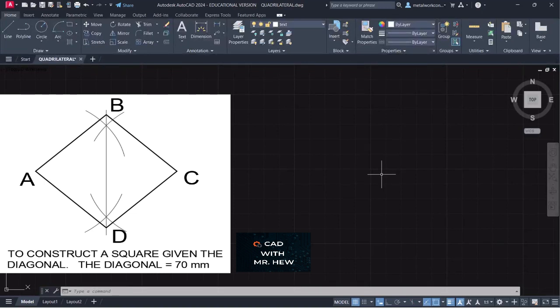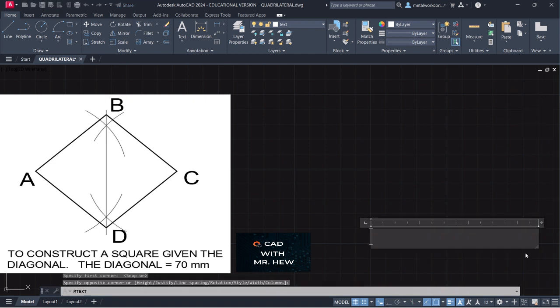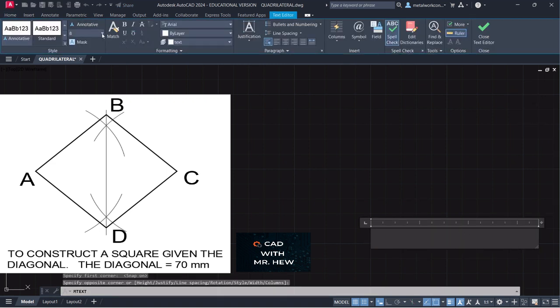The next drawing that we're going to do, we're going to draw multi-line text first, and we're going to choose snap, turn on snap, and we're going to come here, right? For the height, we're going to make it 4 millimeters. So we come up here and we change it to 4. All right, so we're going to label capital letters to